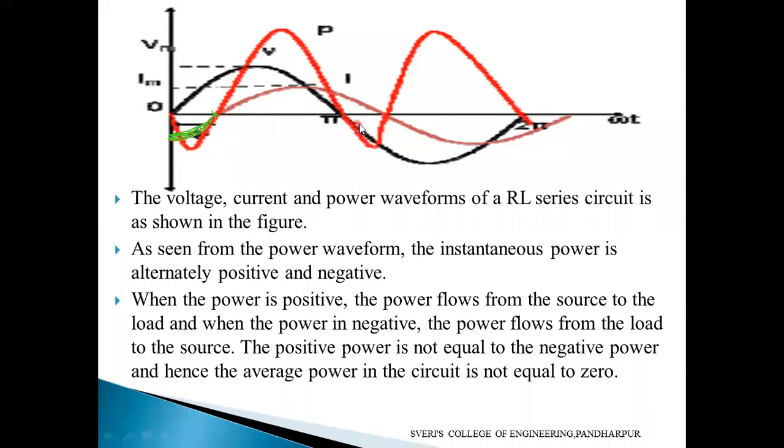During that particular phase angle, the power is going to be negative, and after that phase angle, whatever the phase difference between the voltage and current is, it will follow the positive half cycle only. Positive power only we are going to consider here now. That is the instantaneous power waveforms we are going to discuss. Is it clear now? This one only you have to understand here.